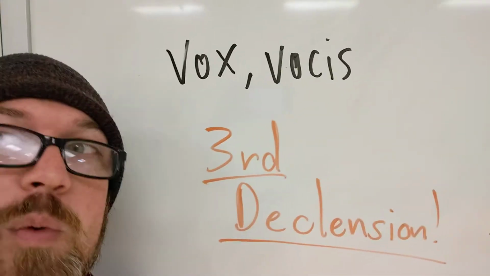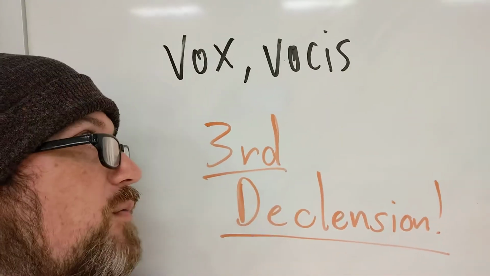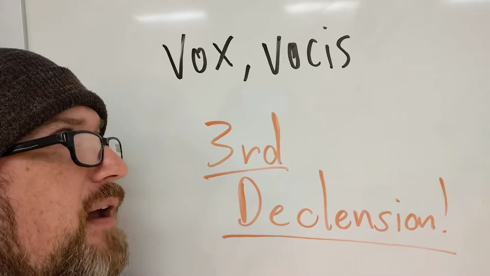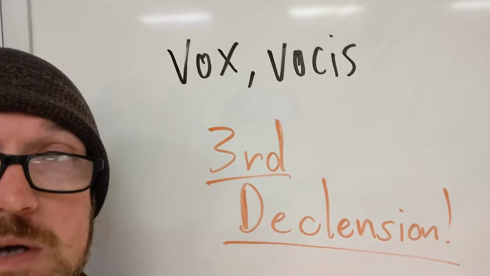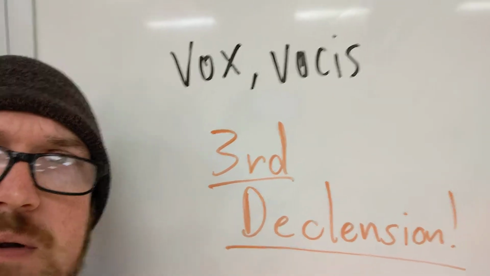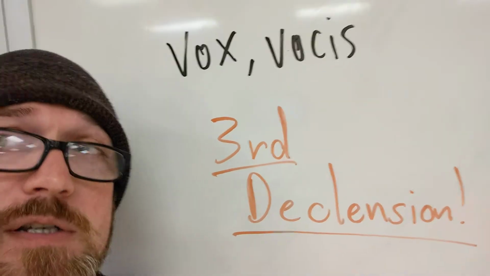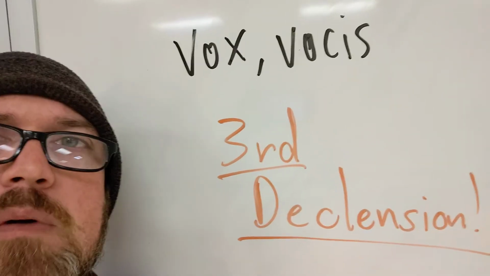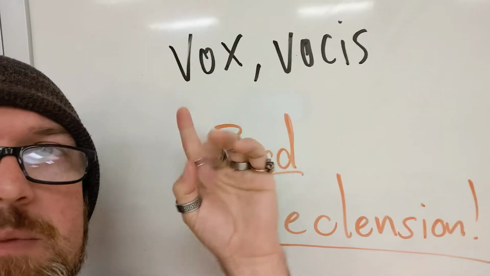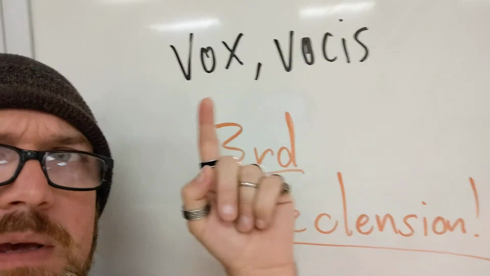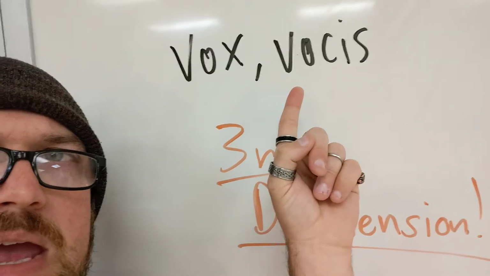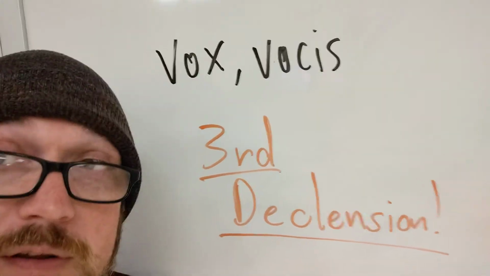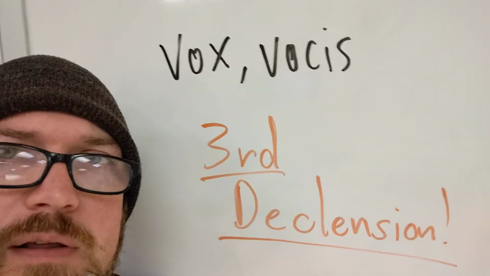This is a great example of a third declension word, and it's one that we've seen quite a few times. It was in a bunch of your homework exercises and junk like that, right? And so what I have listed up here is vox, vocis. Again, that's the nominative genitive form. Just like in the last video, I was saying anytime any noun ever gets introduced to you, it's always going to be introduced with its nominative and genitive ending, but you'll notice here, I didn't only write the ending on this one. I wrote the entire word out.